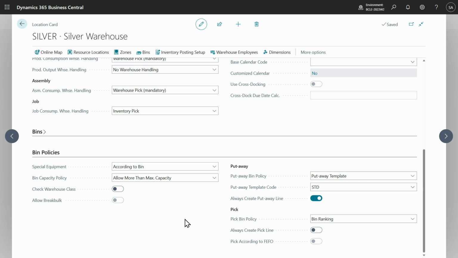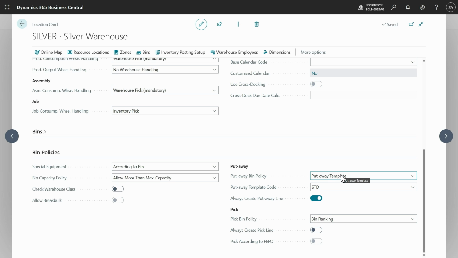This tab still has the same fields or almost the same fields, but with each release, more of them are becoming available to the basic warehouse configurations. You don't need to use directed pick and put-away to benefit from special equipment, bin capacity policy, or warehouse class, which were added in the previous release.